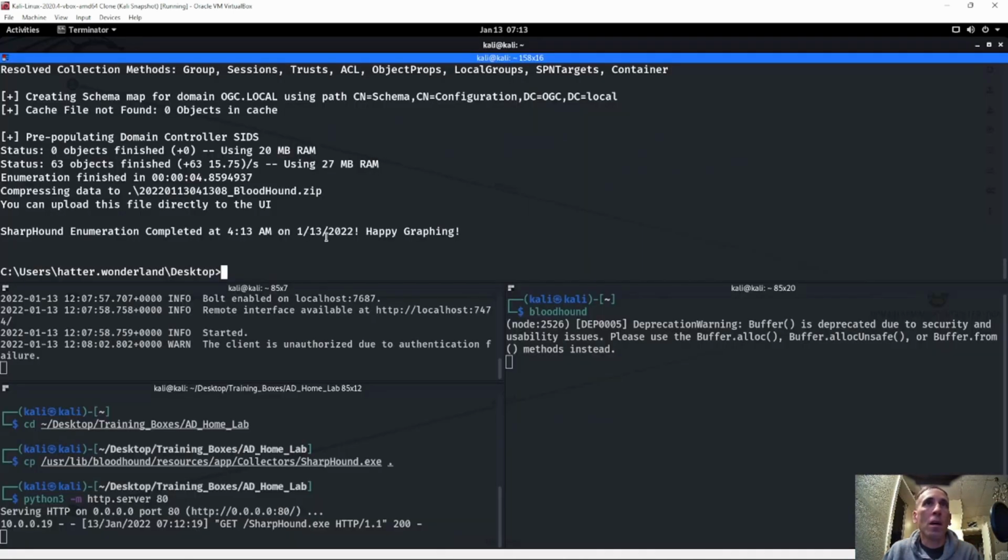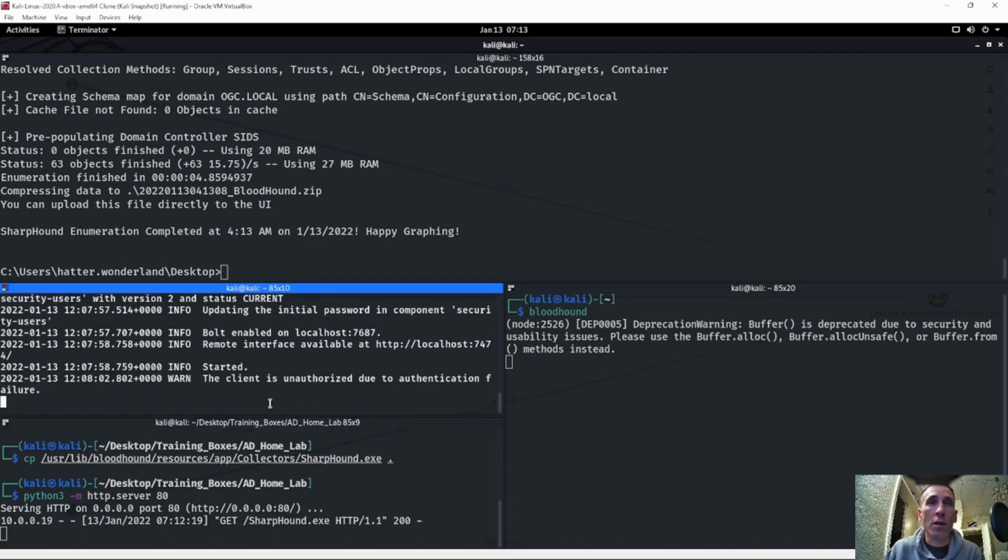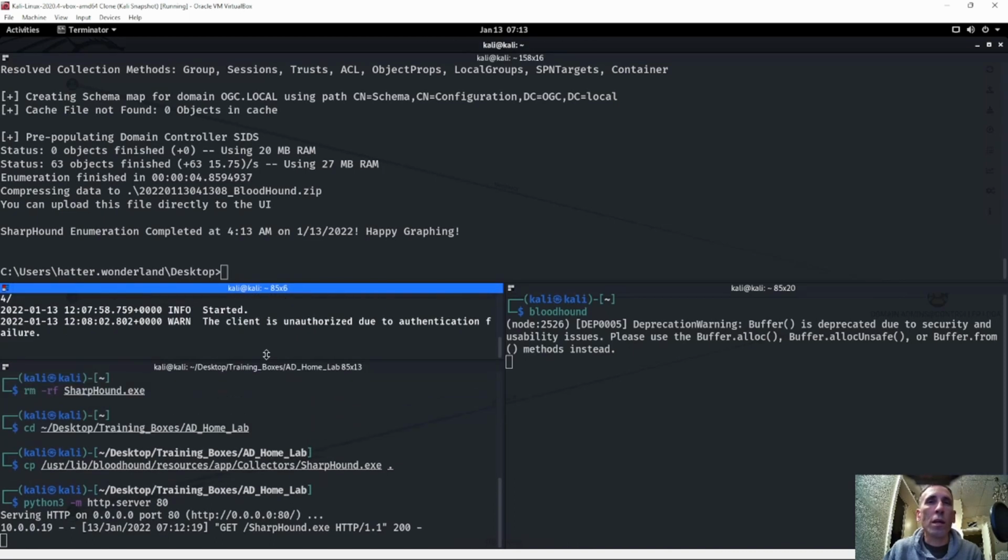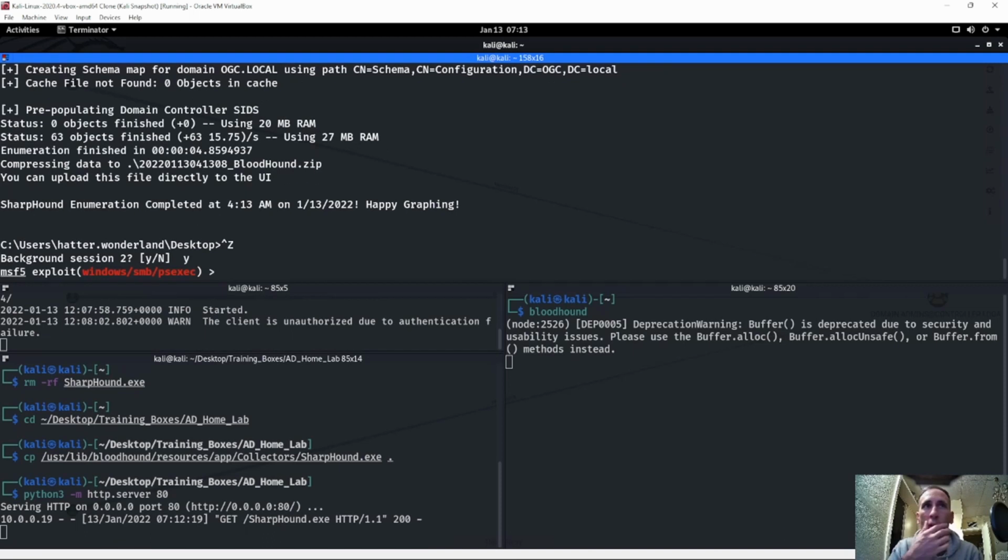Okay. The more users and the more machines you have in a network, the crazier BloodHound's going to get looking. But there's quite a few things we can do with it, and I'll show you how. Okay, so it says that it compressed the data right here, and this is bloodhound.zip. Now remember, if we also had Python here, we can always make a Python web server, then do a wget for ourselves. Right, but let's go ahead and do a Control-Z, and then do a search for shell_to_meterpreter,